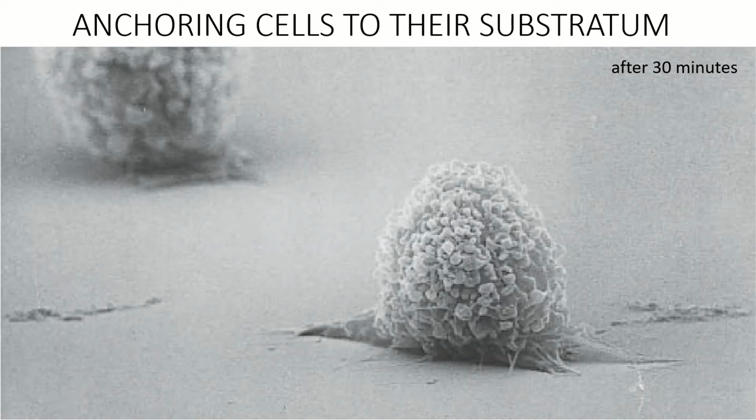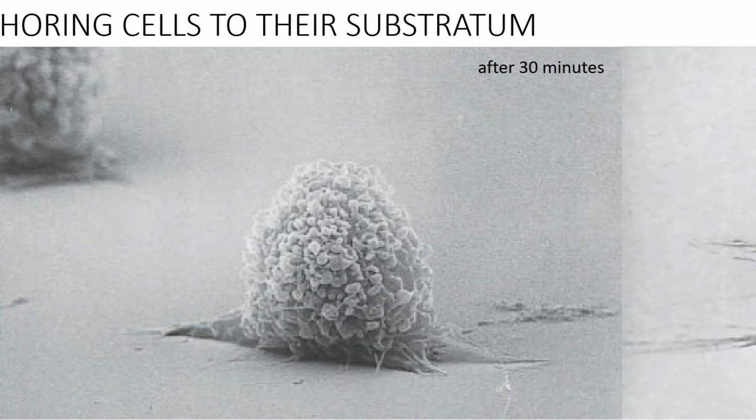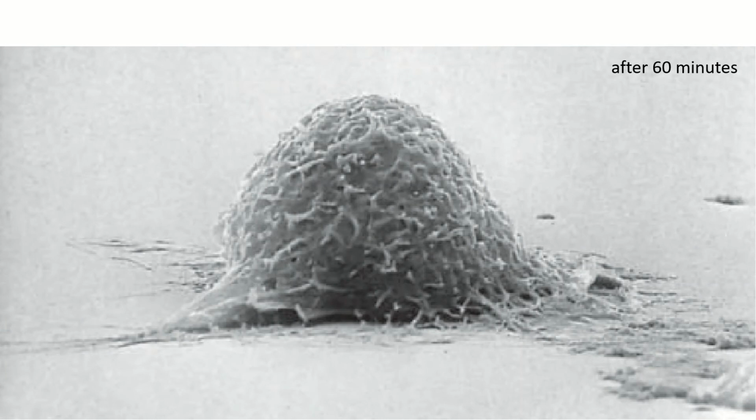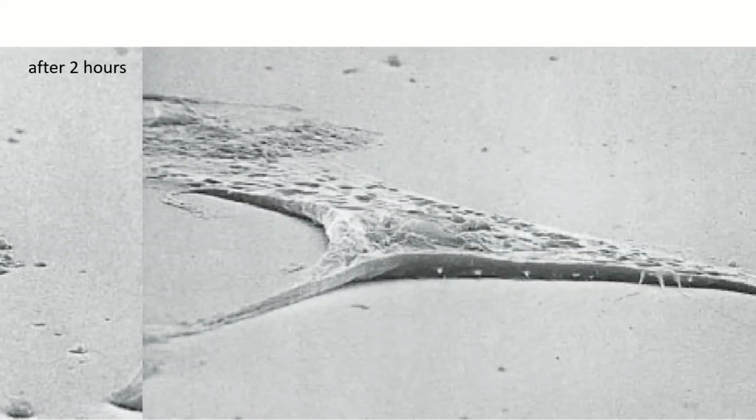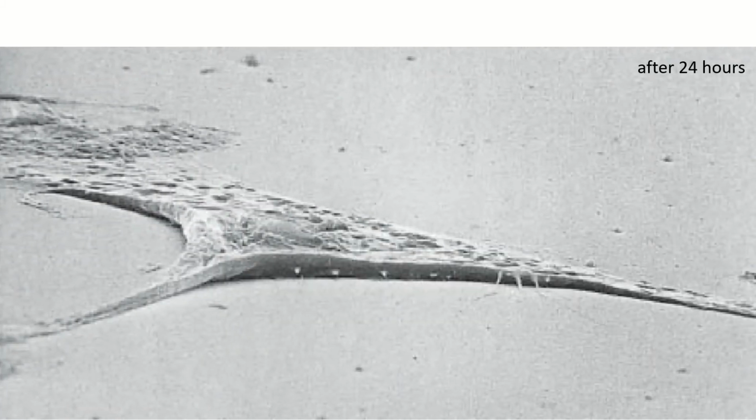30 minutes, the portion that touches the glass actually starts to spread, as opposed to the end that's not touching the glass. After 60 minutes, the cell has spread itself even more onto the glass. After 2 hours, the shape has dramatically changed. It has become flattened and it has sort of spread itself onto the glass entirely. And after 24 hours, one day, the cell has assumed a certain flattened shape and spread still onto the glass